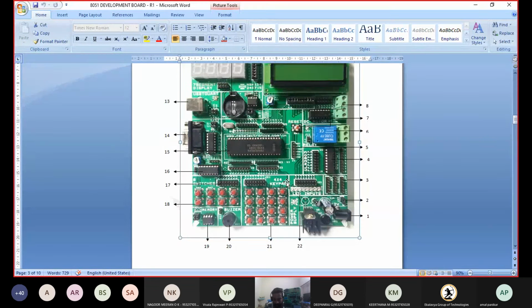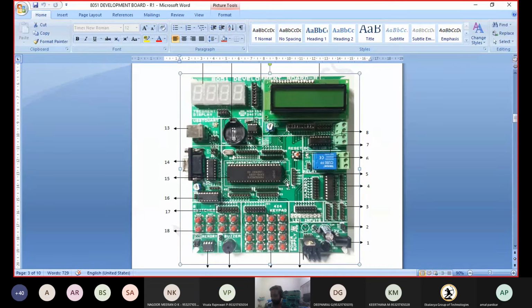Now I will show you the initial state of the 8051 board. If I connect this one, it will look like this. Here you see the LCD. There is nothing in the LCD, so we will program that later.